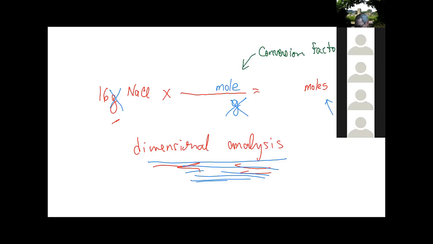So that is why I asked you in the beginning, which one looks like a conversion factor? It always has two measurements in it. This one has moles and grams in it. The one that's on the problem that we're going to solve has kilojoules and moles in it. So then you need to tell the truth. For this particular substance, you look on the periodic table. So I think that's what you were asking. You do use boxes on the periodic table. And you find what is the mass of Na plus Cl, and it's 58.